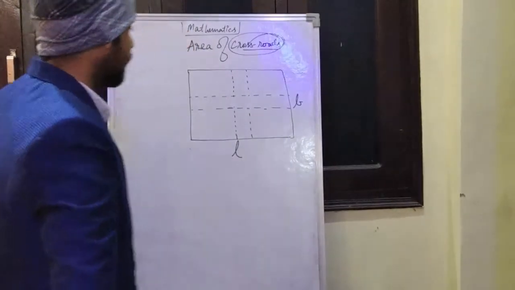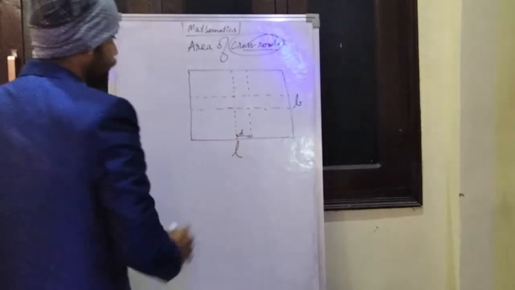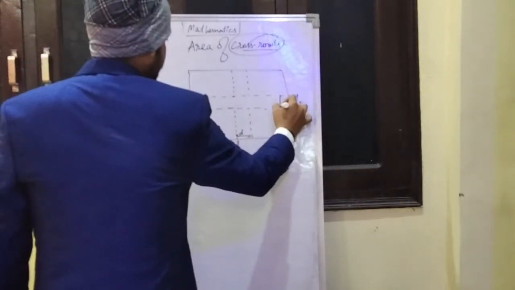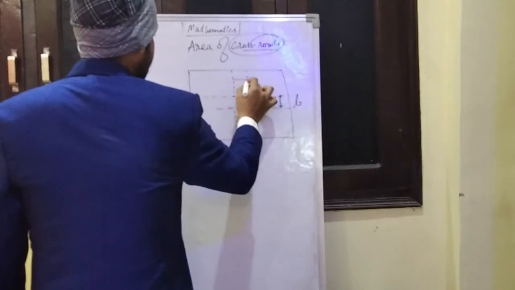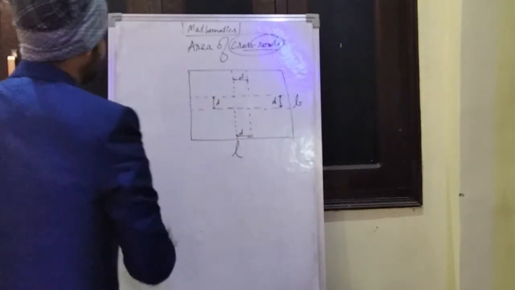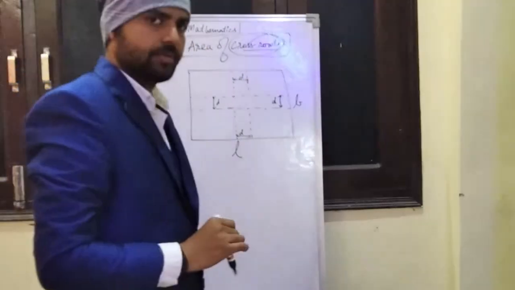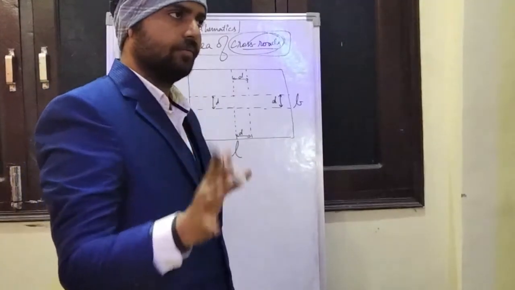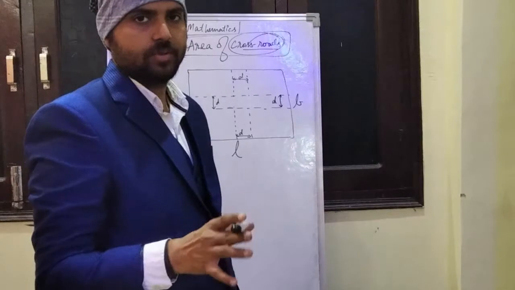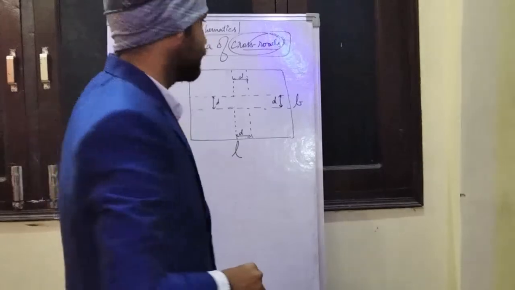Now I'll let you know the width of the road. Let's take the width of the road as D throughout the path. We'll be assuming that the width is always D here. So my focus is on finding out the area of the crossroads. We will find out the formula for the area of the crossroad, and once you have understood how this has come, you can directly use the formula when you are going to solve the questions.